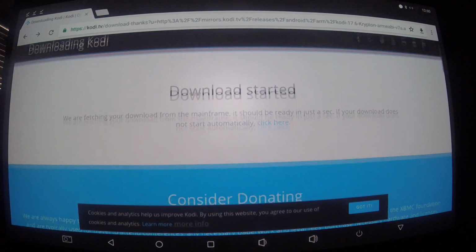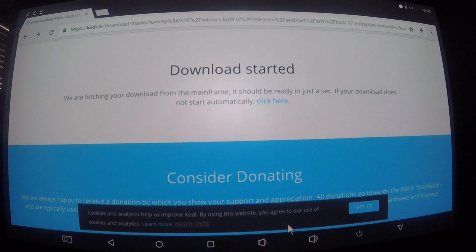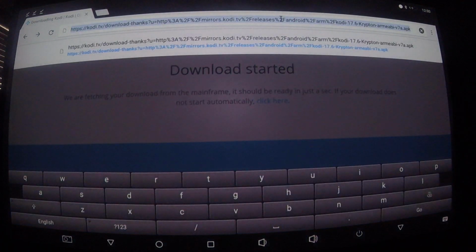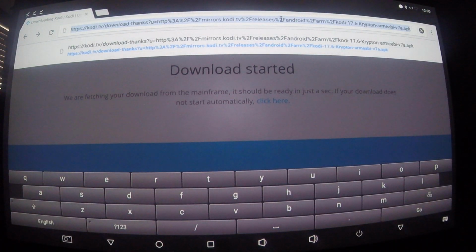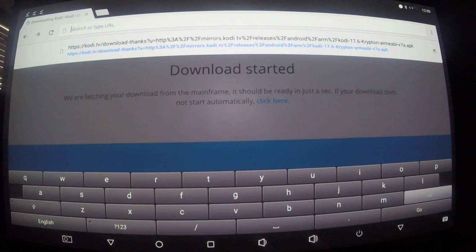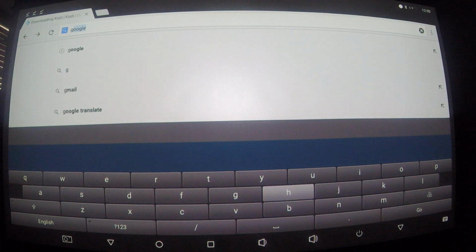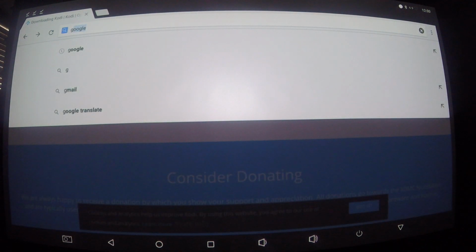And when you do that, your little cursor will appear. You can drag it up to the bar, click OK, then get out of mouse mode, and we're going to delete this address and put in Google. There it is. Hit the back button to get out of it,